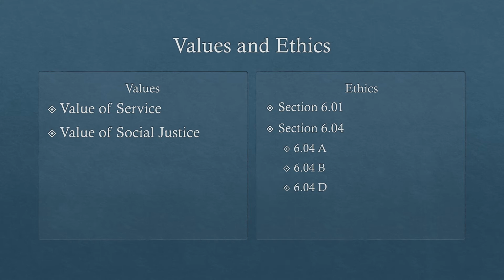The first ethical principle that we have concerning the issue of child labor is Section 6.01, which is social welfare. The code states that social workers should promote the general welfare of society from local to global levels and the development of people, their communities, and their environments. Social workers should advocate for living conditions conducive to the fulfillment of basic human needs and should promote social, economic, political, and cultural values in institutions that are compatible with the realization of social justice.